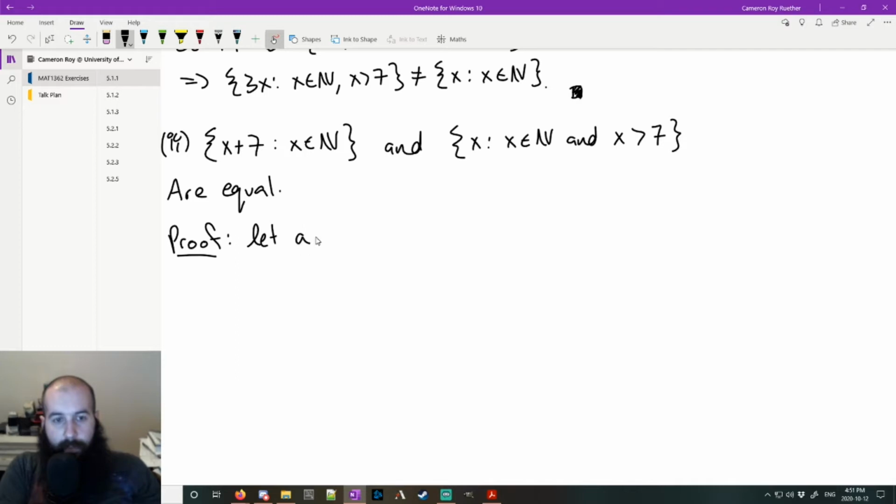So let A be any element of the first set. Since it's an element that satisfies these conditions, this means that there exists a natural number x such that A is equal to x plus 7. This means that A is natural by closure,